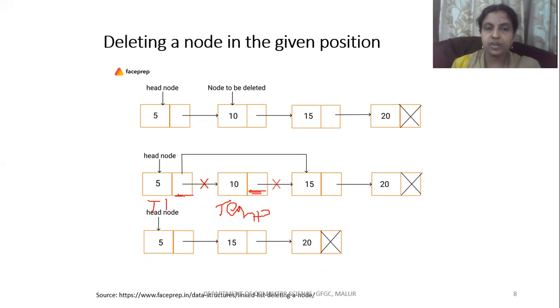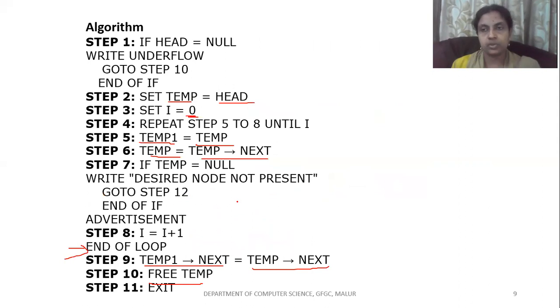So where is temp 1 of next? This value. So this value will be taken and sent to here. So what happens when it's sent to here? This will refer to the linked list node carrying the next data, so this node can be removed. You can free up the space. So this is how deleting a node at a given position will work.